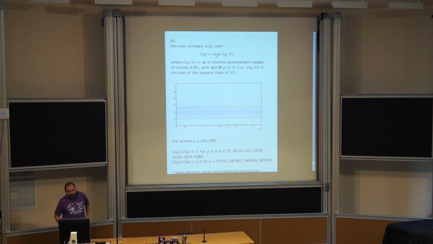Okay, now it's also natural to compare G sub p with I of p, which is the largest number of curves in an isomorphism class. Of course, if curves are isomorphic, their groups are the same, but not the other way around. Curves could be completely different. They have to have the same number of points. They have to be isogenous. But they're not necessarily isomorphic. They can lead to the same group. And we decided to compare whether this is really the case. So this is another thing which you cannot explain. So we took these ratios